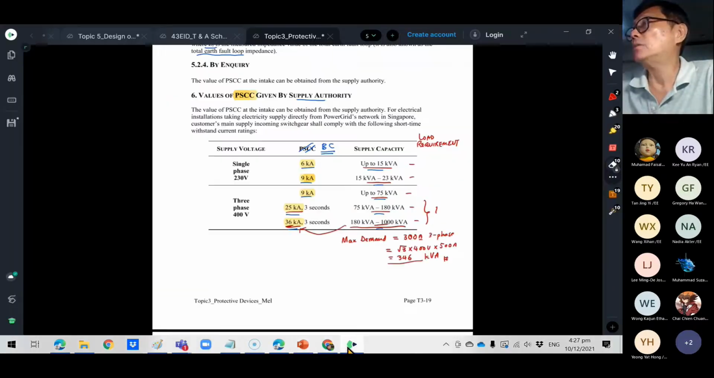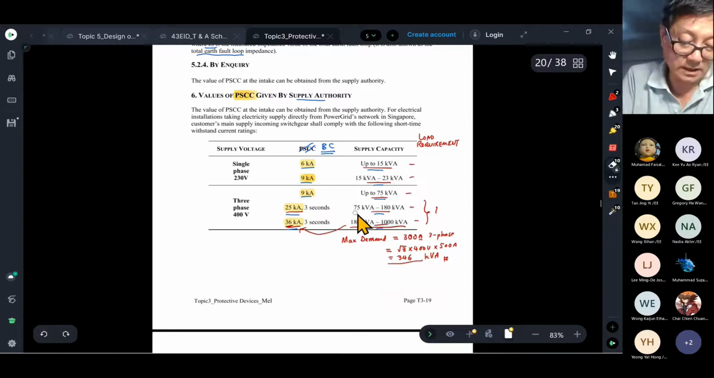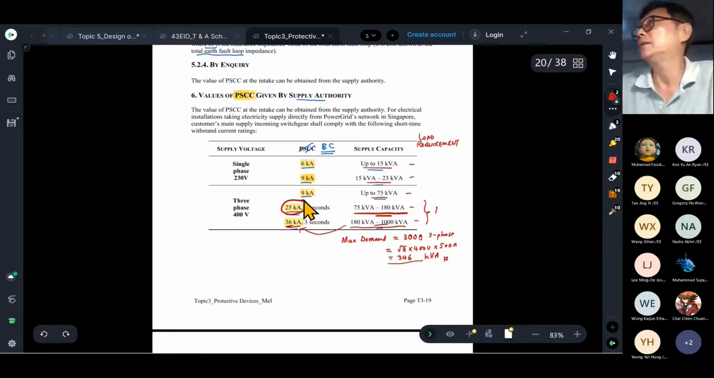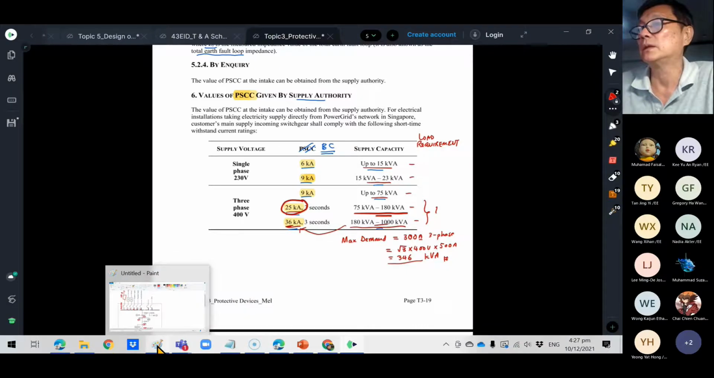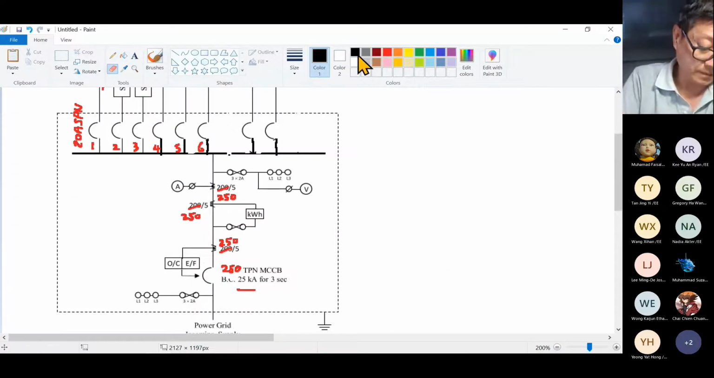131.06. So if I go back to this table, 131 is in this category, right? So therefore, my breaking capacity is 25 kA, 3 seconds. That's where we get the 25 kA, 3 seconds from. So once I know that the breaking capacity is 25 kA,